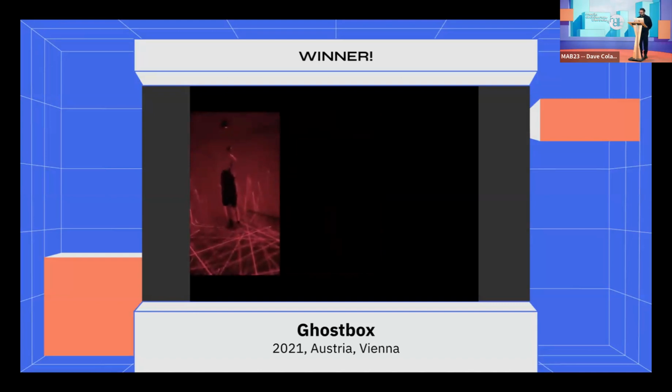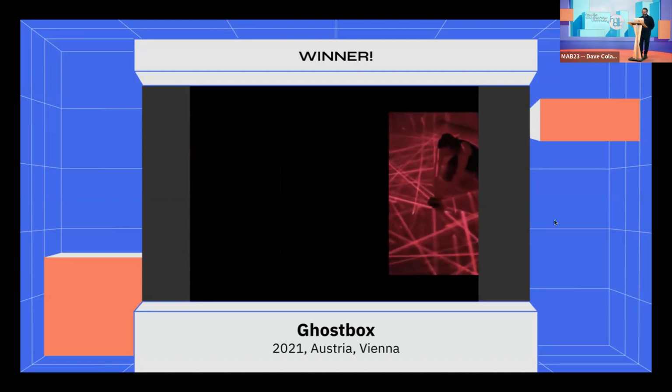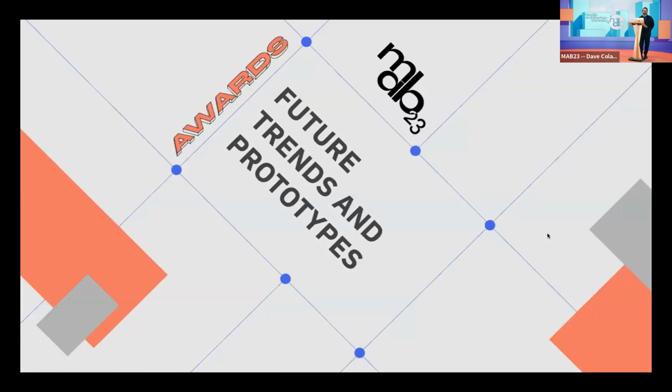Okay, so moving on to the next category. Our next category is future trends and prototypes. So these projects shed light on what the future of media architecture might look like. They experiment with new technologies, production methods, or ideas. Projects in this category can be both actual projects or conceptual and speculative. So the nominees for this category are